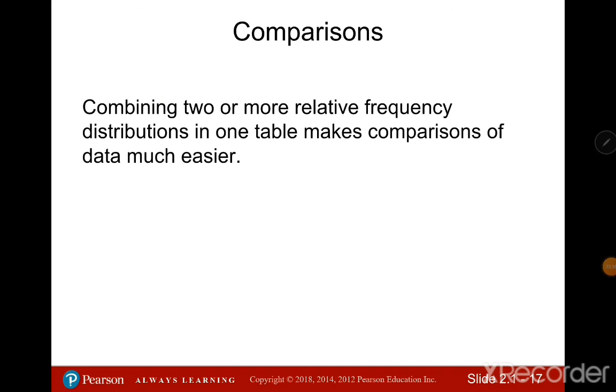Why sometimes do we not use frequency, and pick relative frequency? Because we can compare two